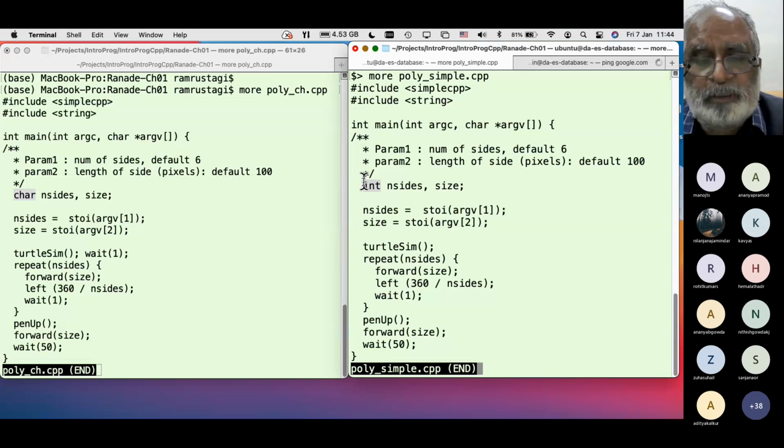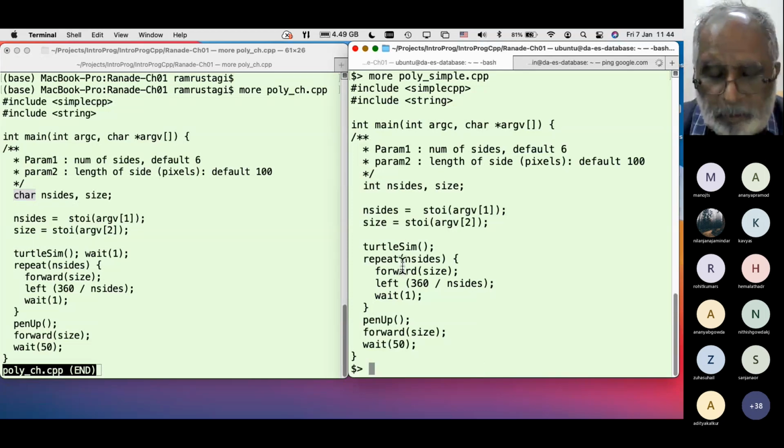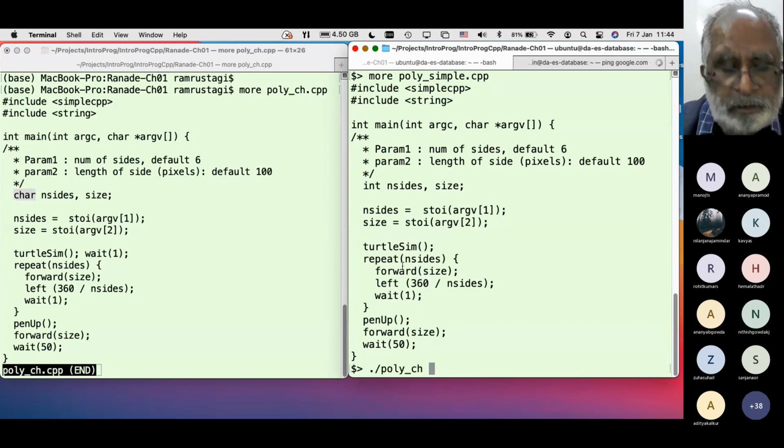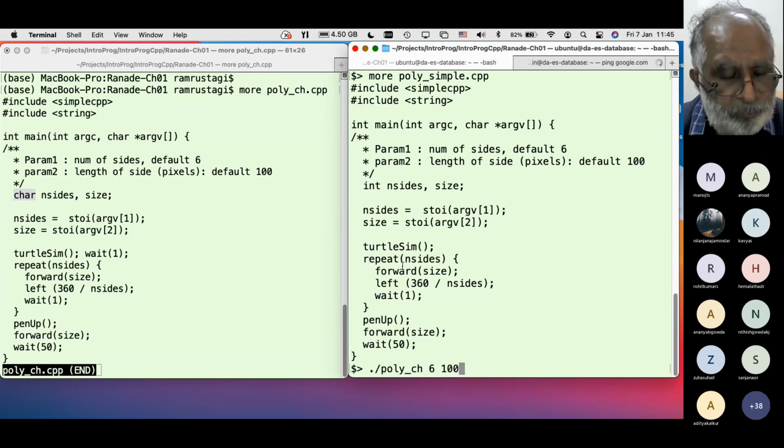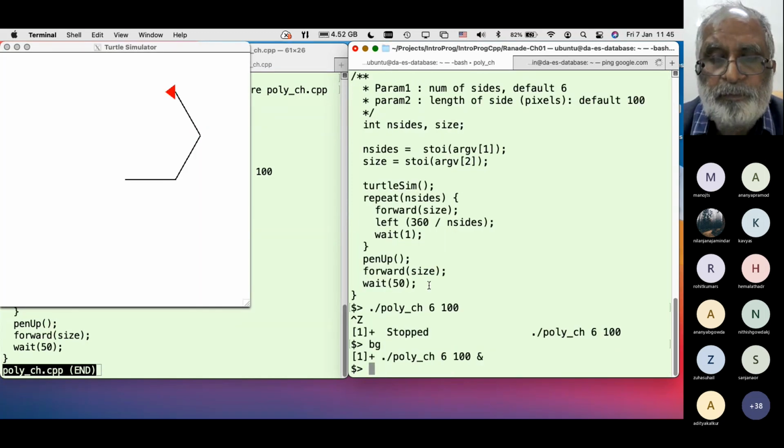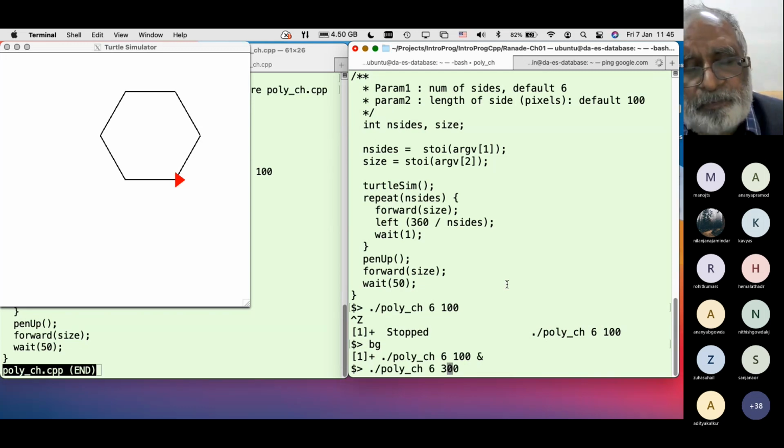Now let me run this program. Let's say 6 sides, side is 100, it runs perfectly fine. Now, if I were to run with 300, what do I see?